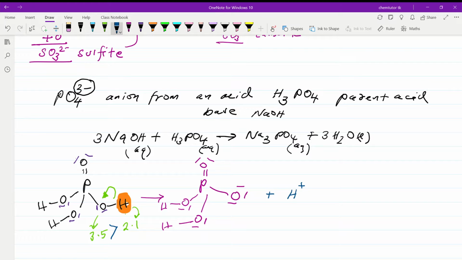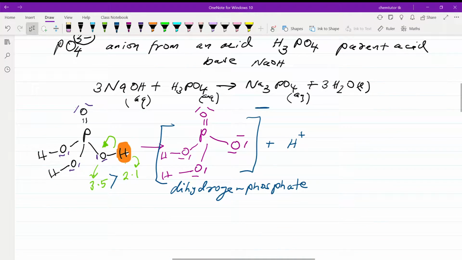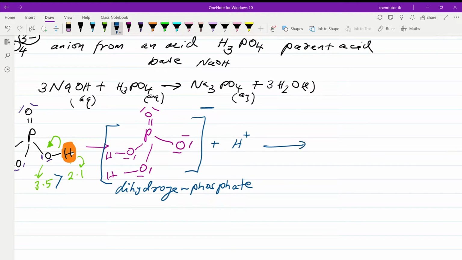So this one has 2 hydrogens. So you are specifying the name dihydrogen phosphate. Everything same, but it has, so now it is an ion with 1 minus charge, right? So further, if this one releases another hydrogen, so I redraw the structure, and then you see this is the